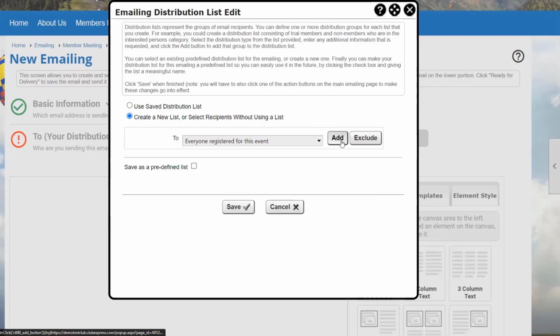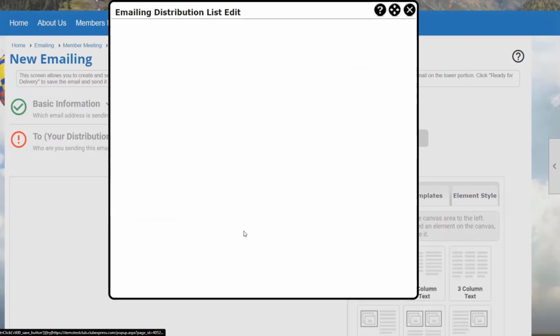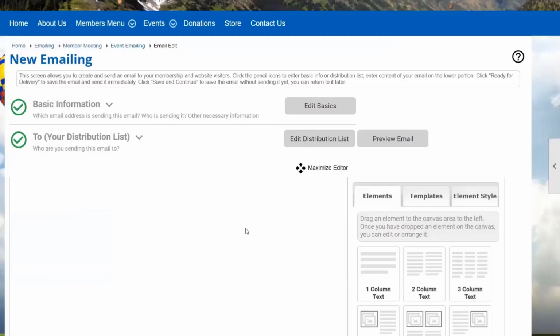Now, to answer your question, when that email gets sent is when the registration is going to be determined. So just because I'm configuring this email now, it doesn't mean everyone who's registered for the event today. It means everyone who's registered for the event when that email gets sent. You're going to capture everyone who has registered for the meeting up until a couple of days before. So that's setting up a members only virtual meeting and using blast emailing in order to communicate that information to